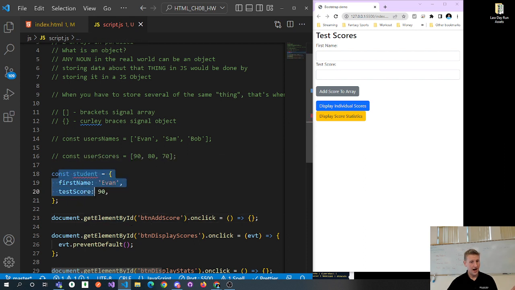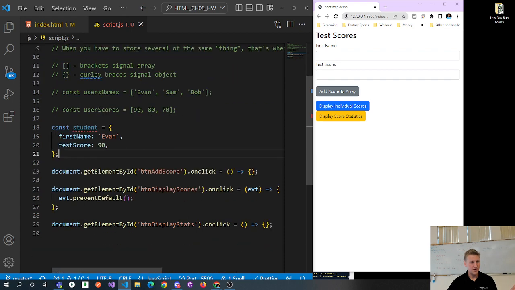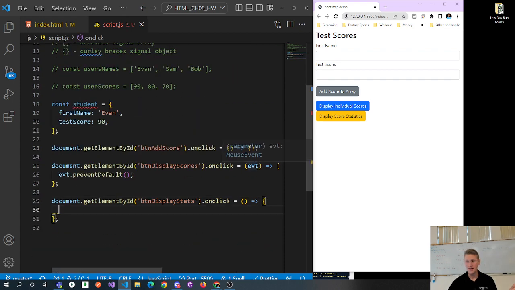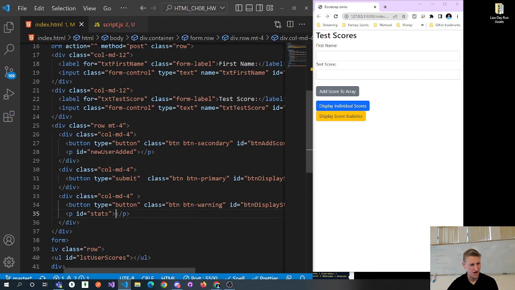Now, notice I basically have my three event listeners, and I don't really have any other students yet. I just have my one student, and I'm not displaying individual scores, but I can. So here's my middle event handler, which is a submit button. So if I want to output this, right? I think I have a paragraph somewhere. What did I call it? So here's